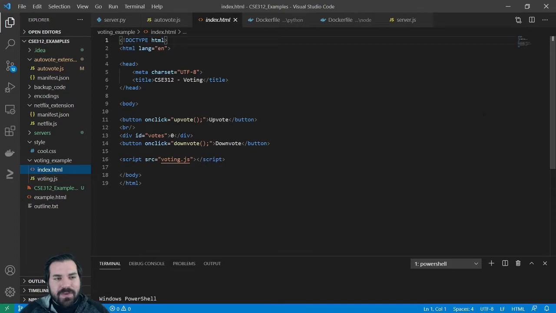I promise when you move the mouse in and out of that div, it does change the colors. So I'll show this one. This page is going to have two buttons. One you can click that calls a function upvote. One that you can click for a function downvote. And a div with the ID of votes that has the value 0 and shows the number of upvotes and downvotes. I import my script voting.js,